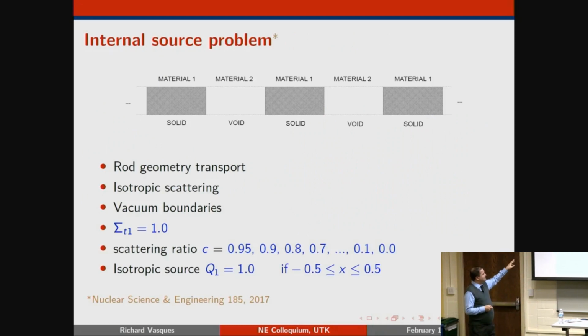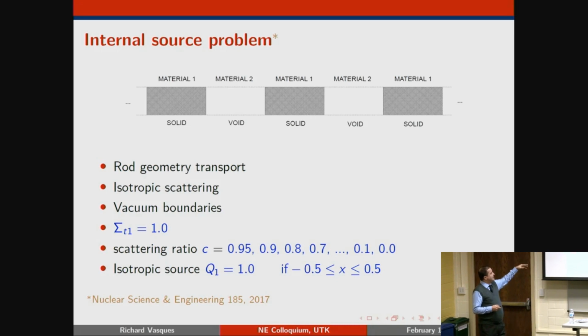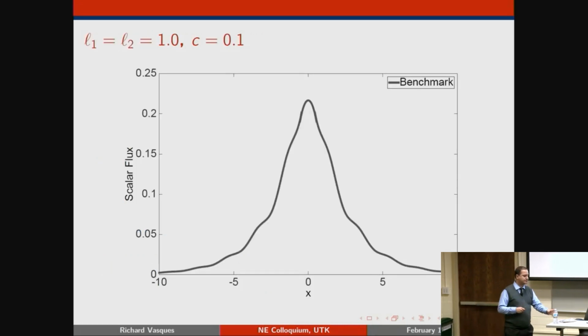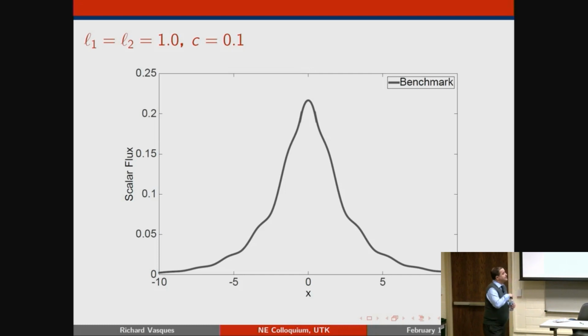So I did a little simple test problem here. Vacuum boundaries, isotropic scattering, scattering ratio is going from diffusive all the way to purely absorbing. And just to see this periodic waves, I put a source just in the center, not throughout the whole system. So if I do that, that's the correct solution. That's the benchmark. So there are 2 things that I'm interested in capturing with the models that I would use. So this is done by brute force. This is done by creating enough of those realizations and averaging over all of them to find out what the flux is going to be.